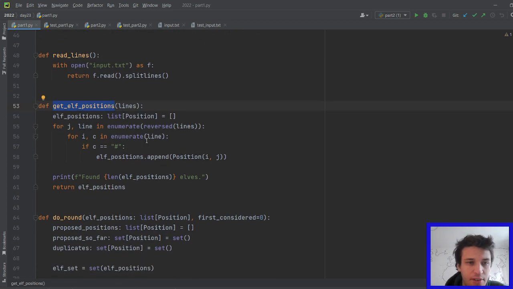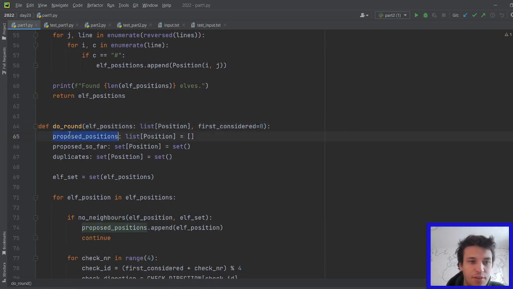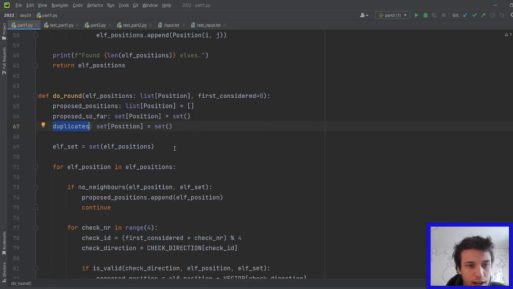We just enumerate through the lines as well as through the characters in each line and check if it's a number symbol. Then if we have those elf positions, we want to do a round. This will keep track of the proposed positions for each elf. We keep track of a set of positions proposed so far, and we'll also keep track of the duplicates. In order to do that, we'll need a lot of checks, like if something is in the elf positions. So it's very important to convert this list of elf positions into a set,